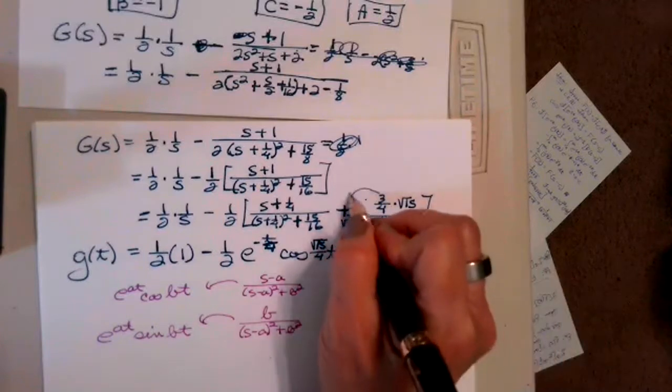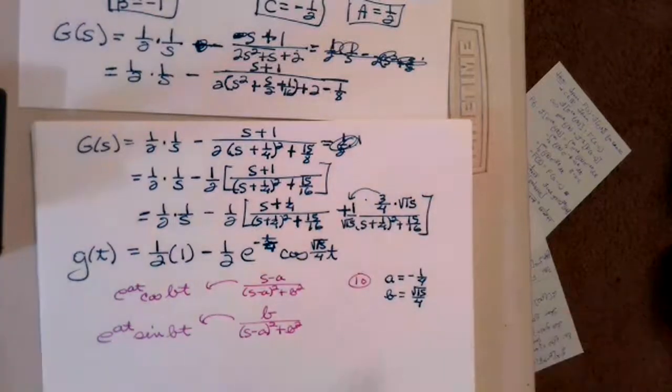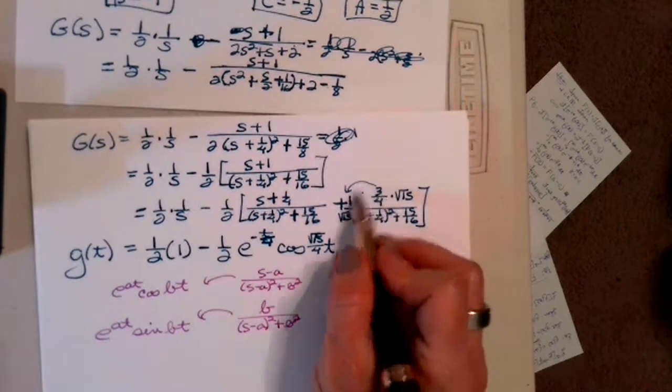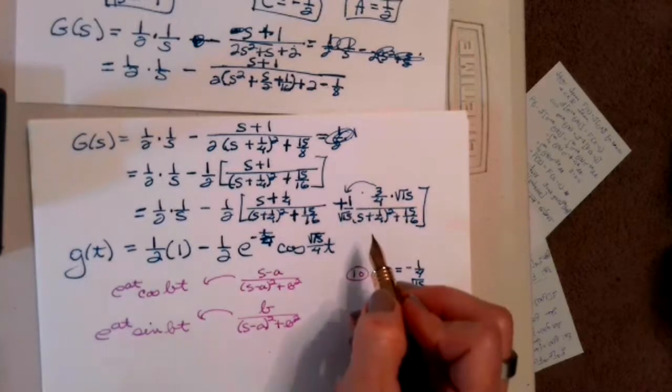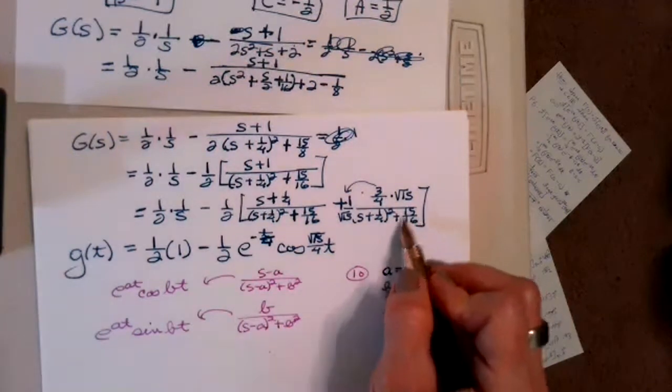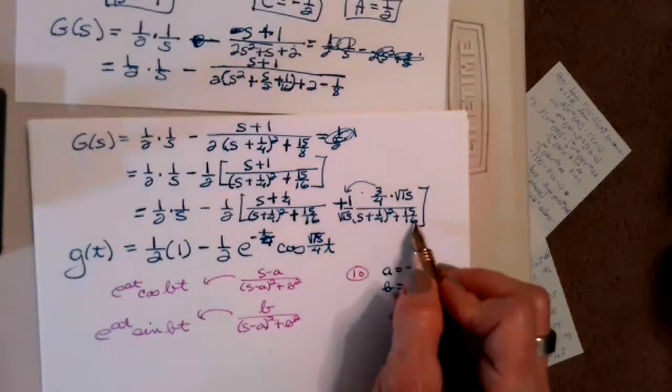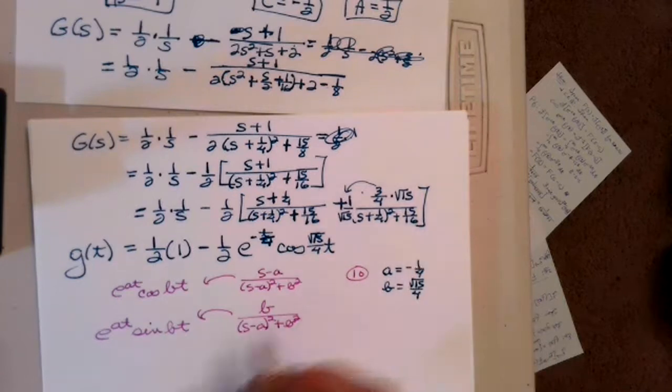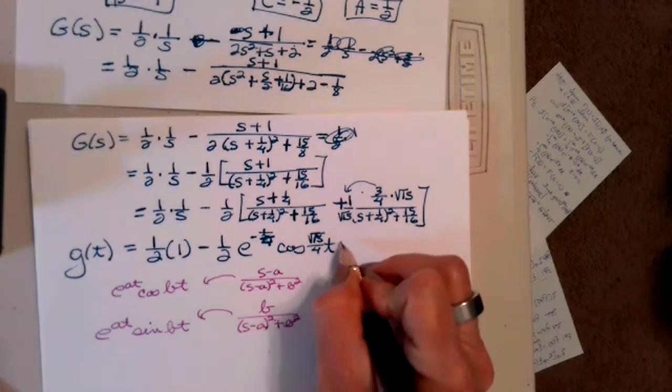And the 3 is going to come outside and hang out with the constant, because we don't need that in there. The formula just has b, and b squared has to be 15 over 16. So now when we take that into account, we have a plus